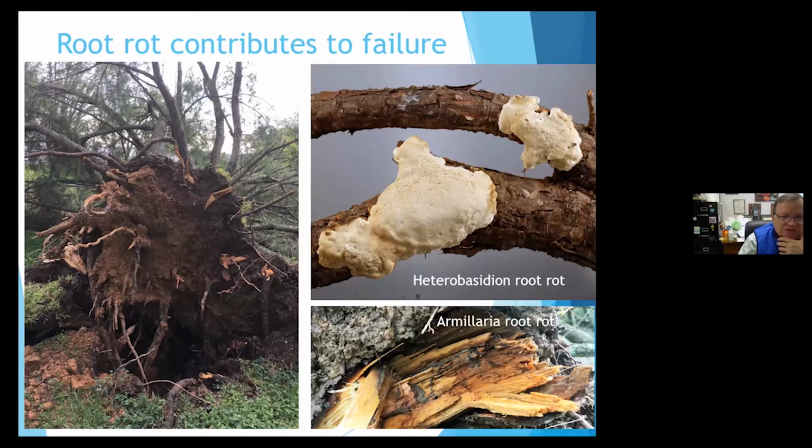So what I found was two fungi that I didn't even know existed here on these pines at the center. One is Heterobasidion root rot, and you can see the fruiting bodies of the fungus on the roots. And then in the lower right-hand corner, Armillaria, there were some black rhizomorphs, just real thick strands of mycelium. So actually, there were three fungi here at the center causing root rot of pine, but very hard to diagnose,